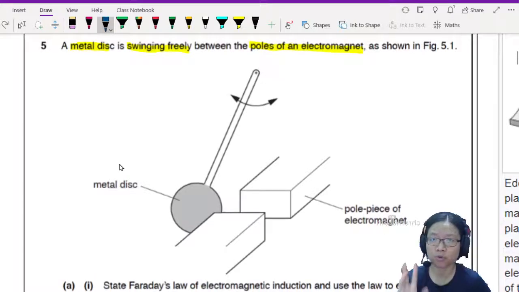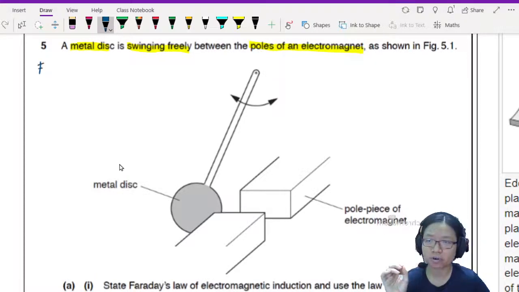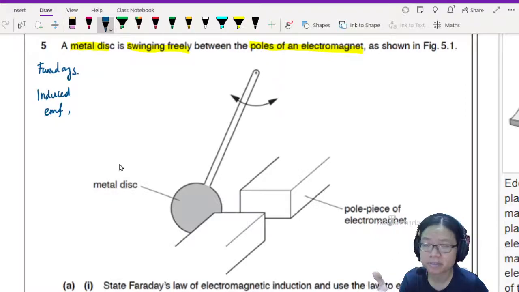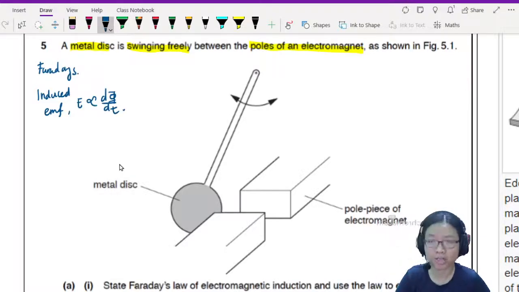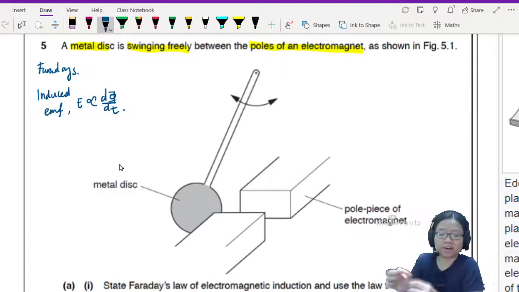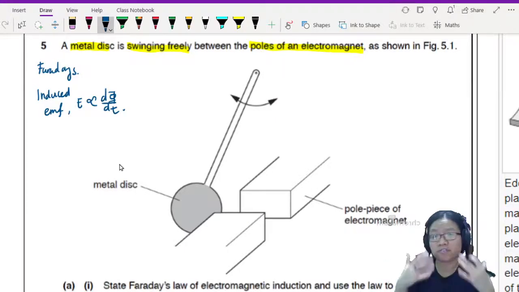So if you want a quick recap, Faraday's law states that the induced EMF, let's say I give it a symbol E, is directly proportional to the flux dt. But what is the flux dt? Rate of change of flux. So what Faraday's idea is, as long as your flux is changing,